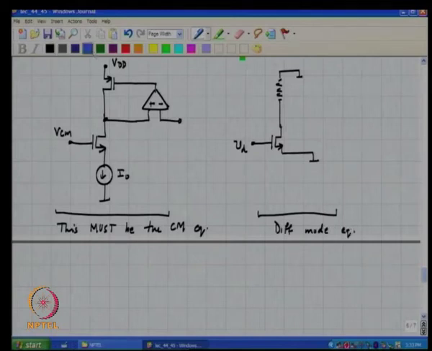And another point that I wish to bring to your attention is that the incremental impedance looking in upwards from the drain of this transistor M1 is,